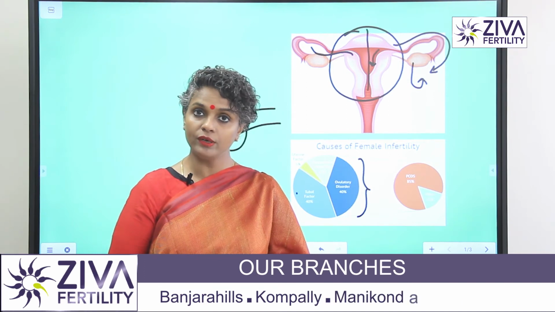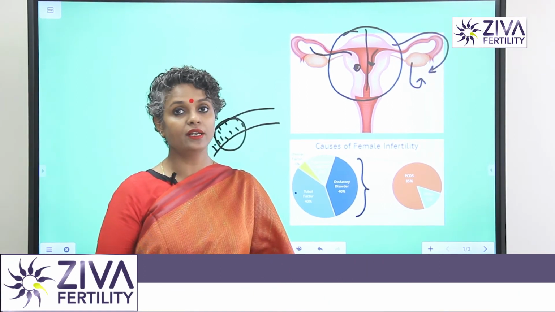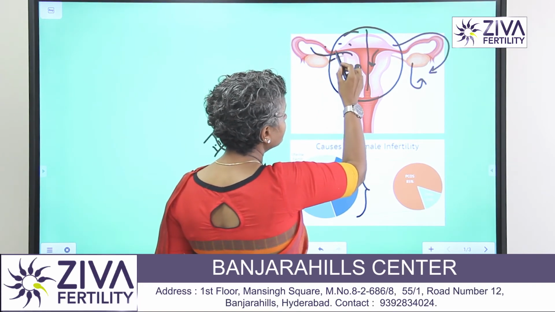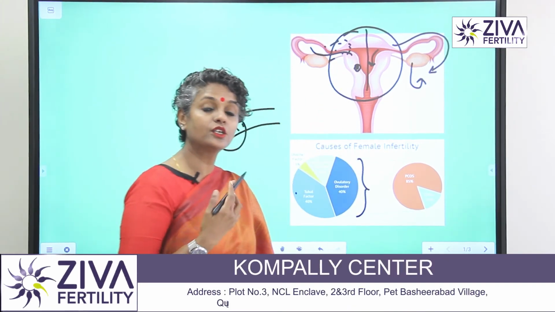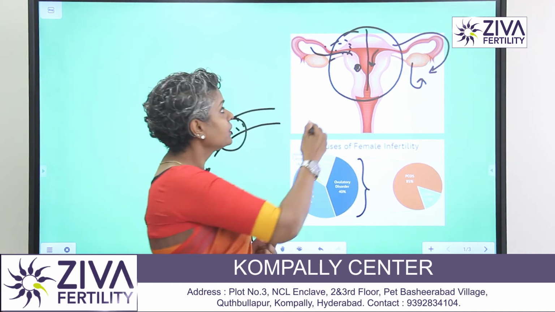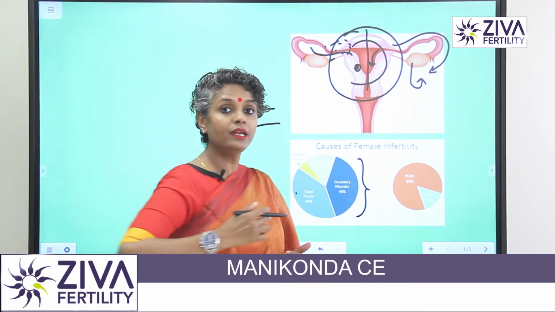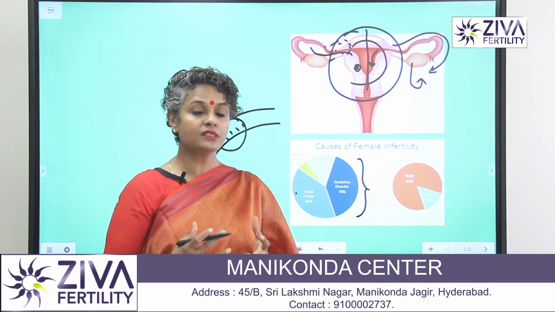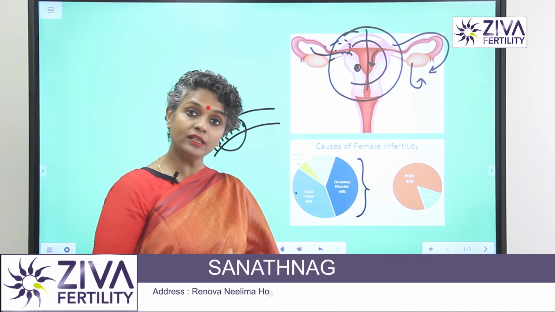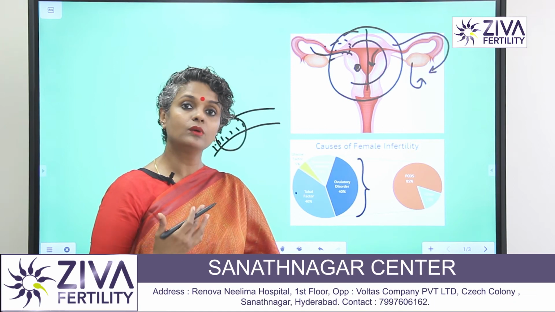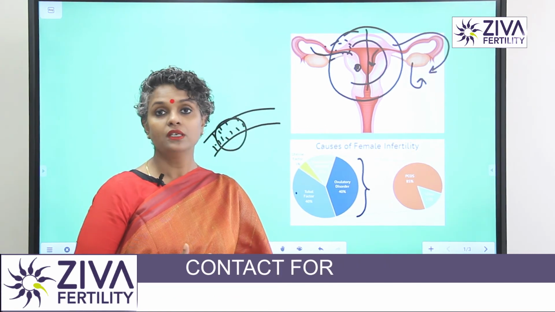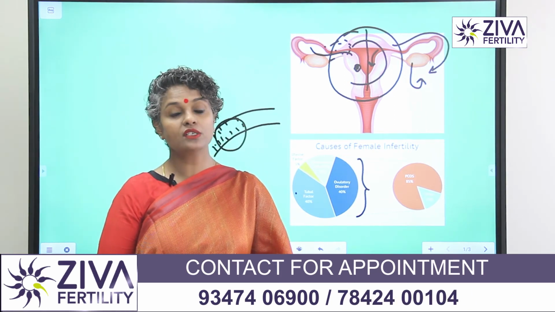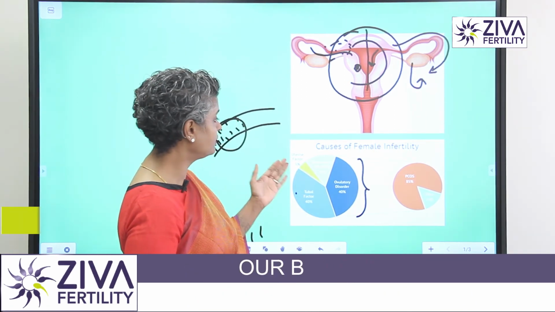Another problem is endometriosis, where tissue which is supposed to grow inside the endometrium of the uterus is growing elsewhere. Then the fluid that accumulates and affects the uterus can bring down the implantation potential of the endometrium. So the uterus that way is defective. Not only that, the uterus can also have polyps or fibroids. These are again very important things which have to be assessed for us to come to the conclusion that the uterus is one of the factors.